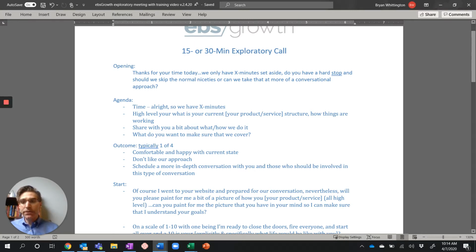And typically, one of a couple of things are going to come out of that. Let me make an on-the-fly correction here. I switched this whenever I was doing it. Typically, one of three things is going to happen. One is, based upon the conversation, there is no immediate need. You're comfortable with your current state, or maybe it's just the reality of, my gosh, we can't handle another thing, but I was curious enough to hear what you do.